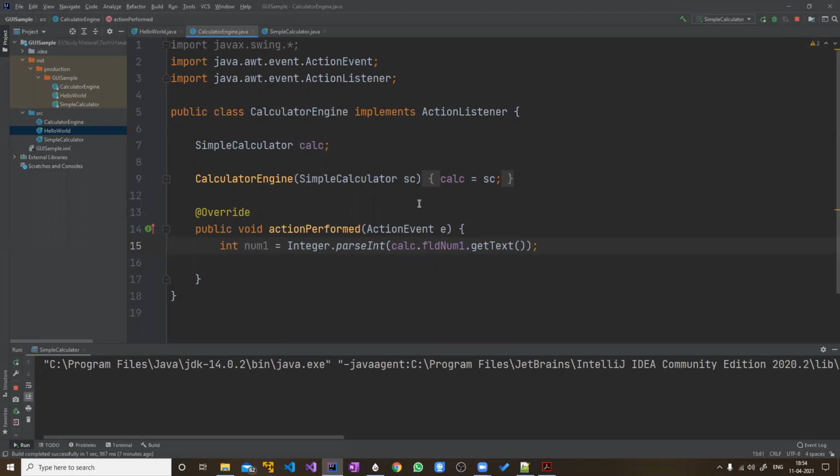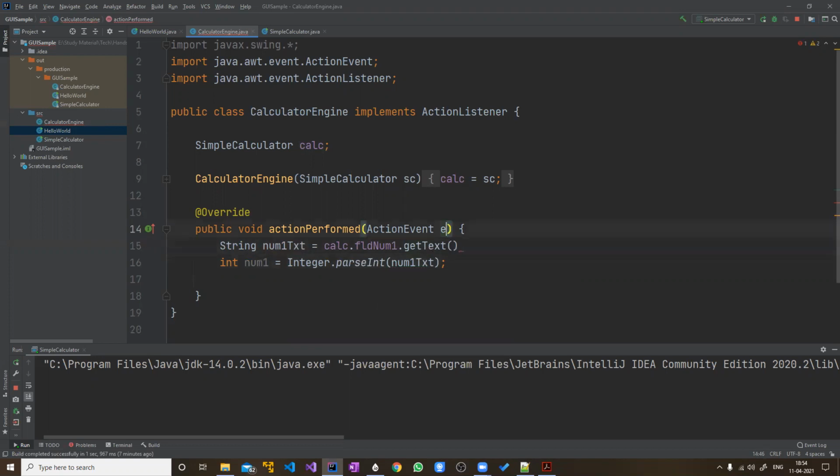You can actually write it in two steps as well for better clarity, but with experience, you should be able to write it the way it was written earlier. You can write it like this: string, let's say num1 text is equals to this, and here you pass that num1 text.